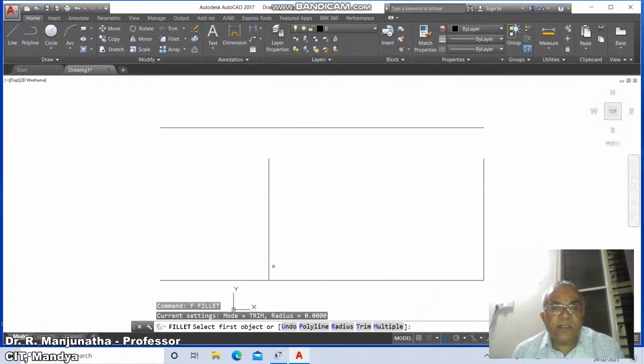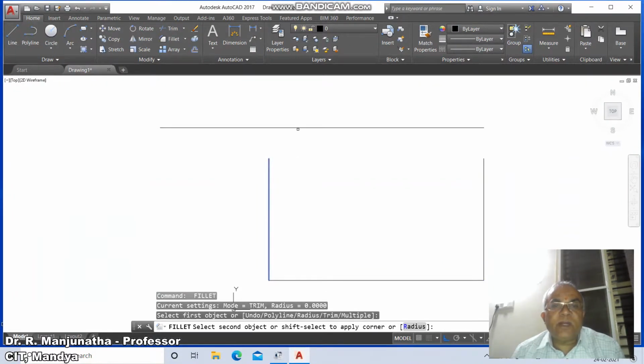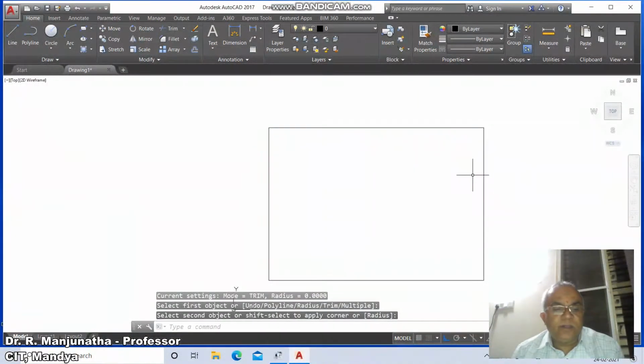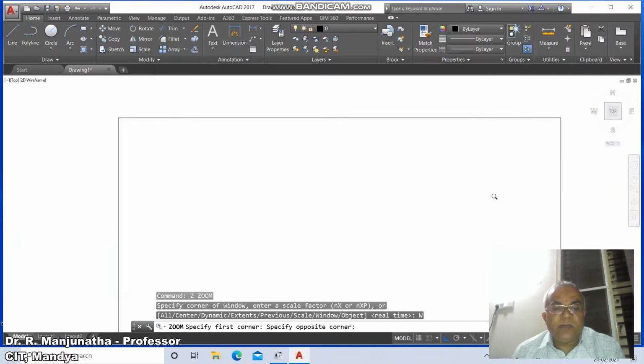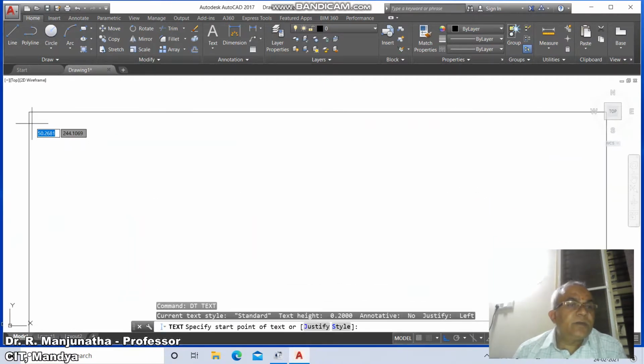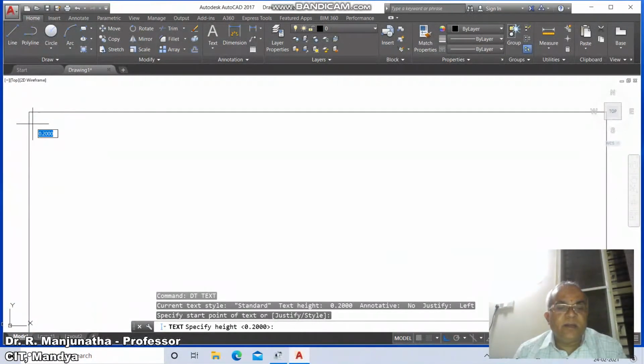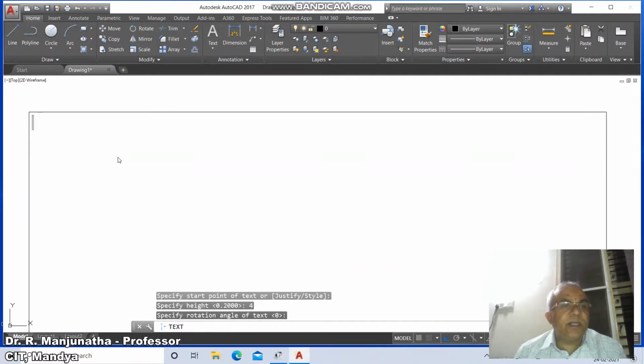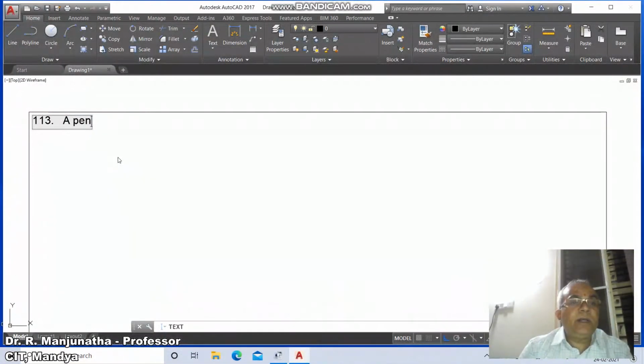Then go to fillet between these two lines, and similarly fillet between these two lines. Then go to zoom window, select this and go to D-text. Specify the start point of the text here and take the height as 4, rotation angle as 0. Type: problem number 113, a pentagonal lamina